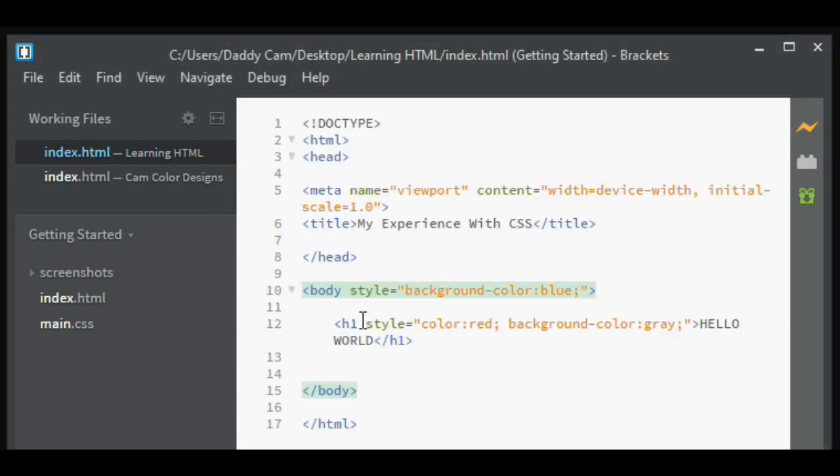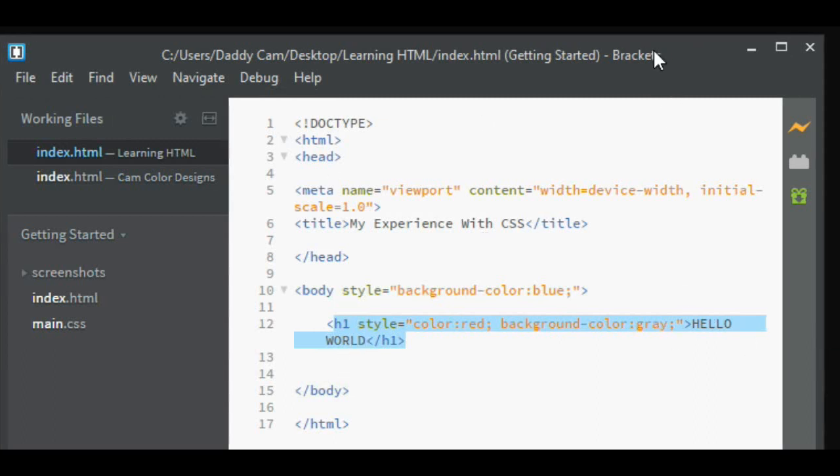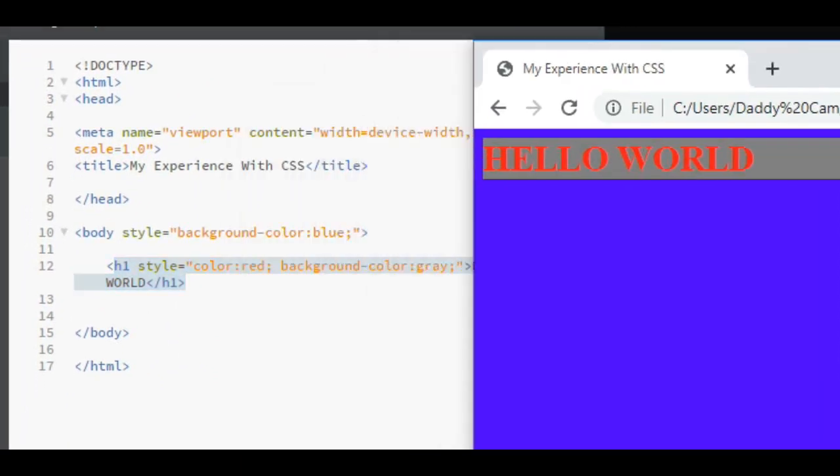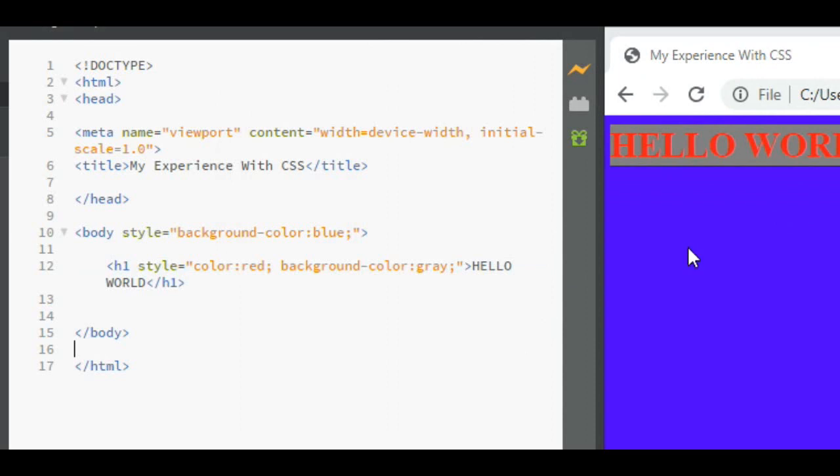Now, when you're using this, let me move this over. I don't care for all that. Alright, we just want the text. Alright, so when we're using this,